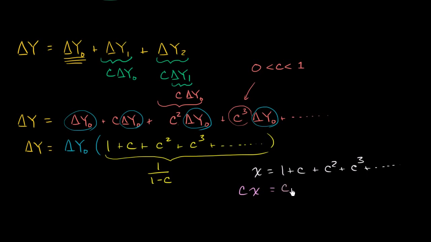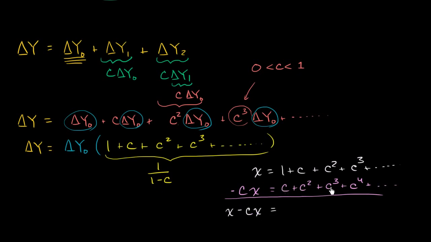So 1 times c is c, c times c is c squared, c squared times c is c to the third, c to the third times c is c to the fourth, so on and so forth. Now, what happens if I subtract this from that? If I subtract the left-hand sides, I get x minus cx on the left-hand side. So I'll just write x minus cx, and that's going to